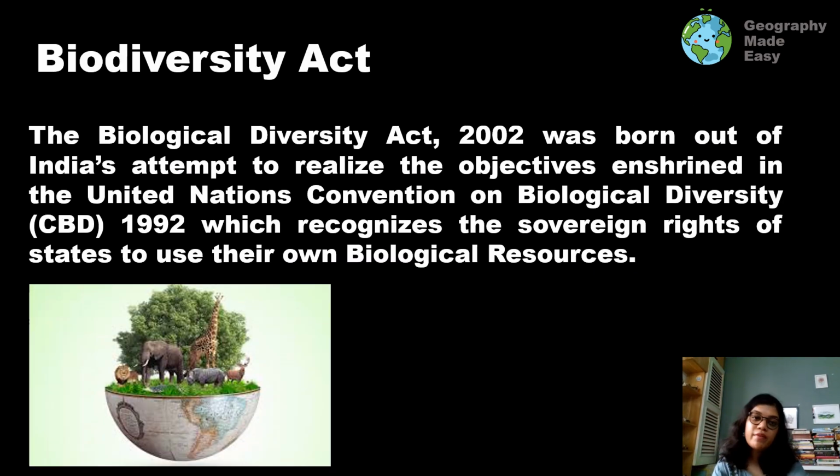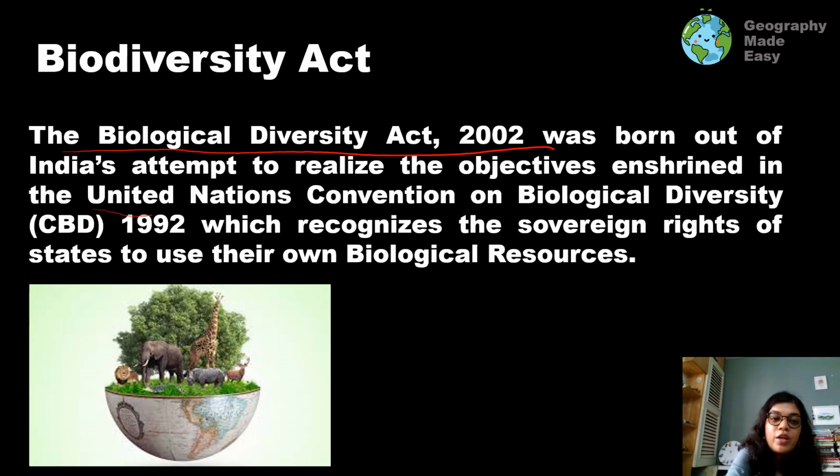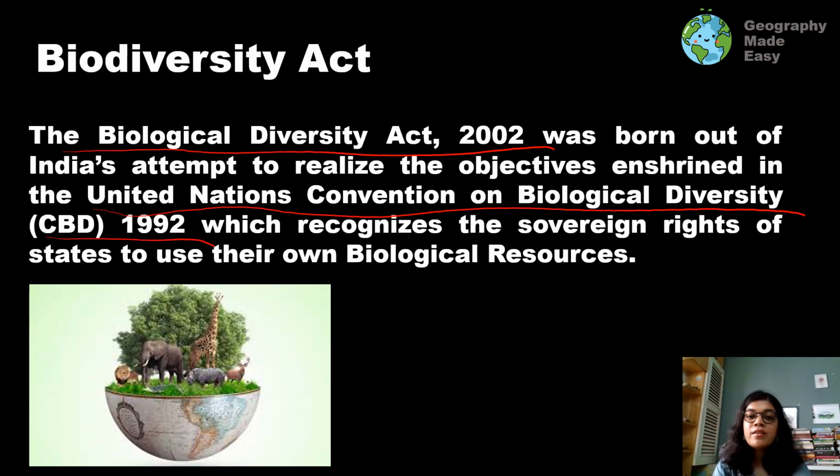Next is the Biodiversity Act. This is a comparatively newer act. It was introduced in 2002, and it is India's attempt to realize the objectives which were brought about in the United Nations Convention on Biological Diversity in 1992. This was a convention, and basically